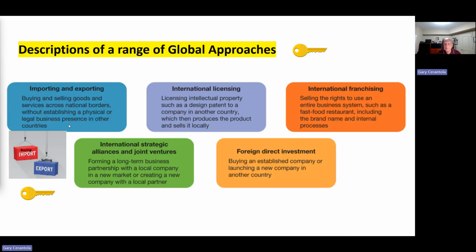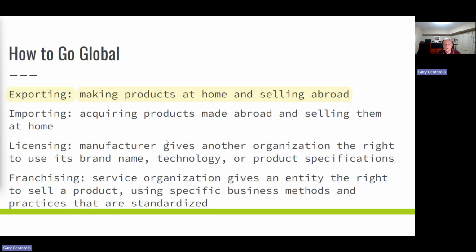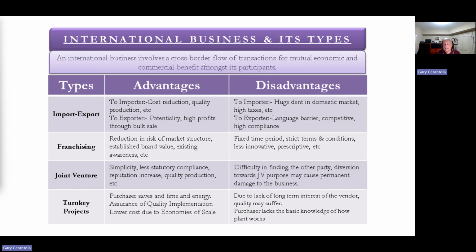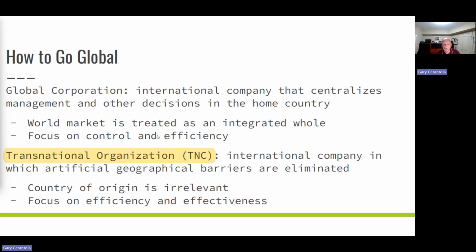Okay, so here's a description of the range of global approaches. Again, key on here, so it really gives you a sense of what these areas are, and more definitional. But again, understanding what these definitions are. So here's one that's highlighted that's important, and again, this really kind of gives you the advantages and disadvantages of the different types of operations that you need to assume.